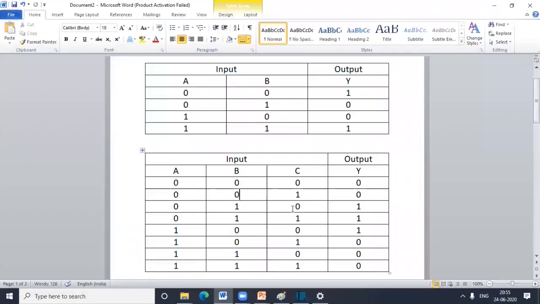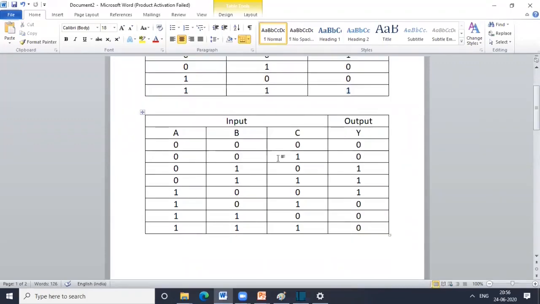So in this way, we have designed 2 truth tables. What information does a truth table convey? Consider this first truth table. Here, the first row in this first truth table indicates that there is some digital circuit to which if I give input 0, 0, then output will be 1. To the same digital circuit, if I give input 1, 1, then output will be 1.